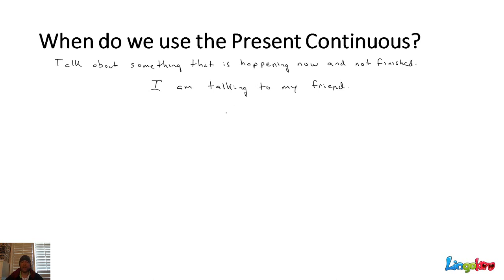So let's look at how I could draw this on a line, on a graph. Okay? So here we have some lines. Let's say that the line that goes this way is about future. The line that goes here on the left is about the past. And the line here that is like this is right now. Okay? So if I draw a picture like this,